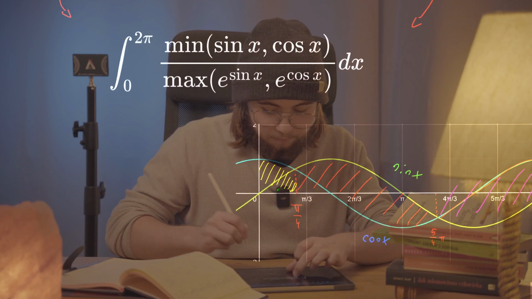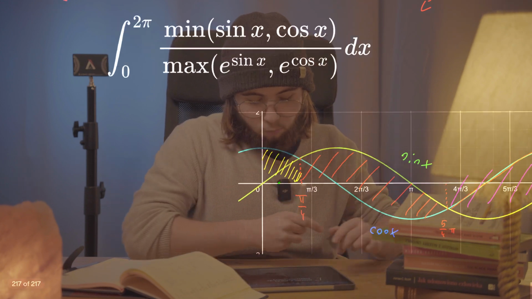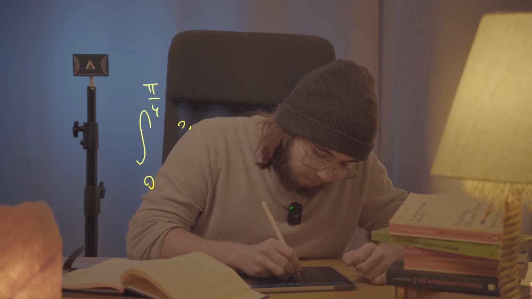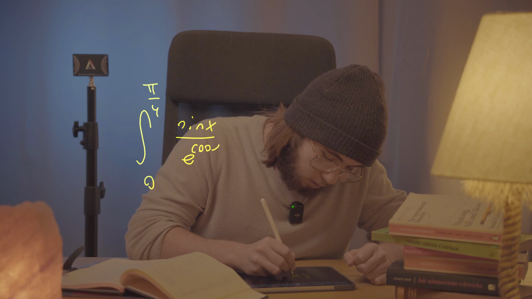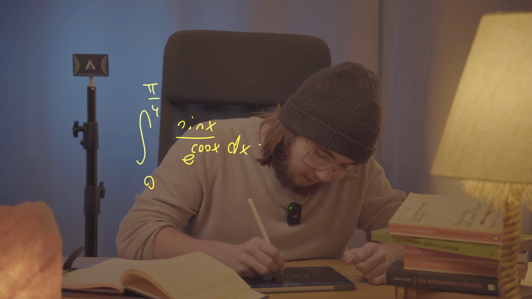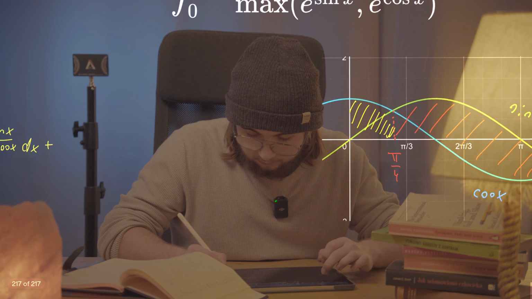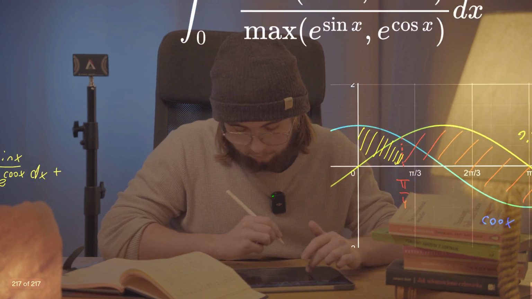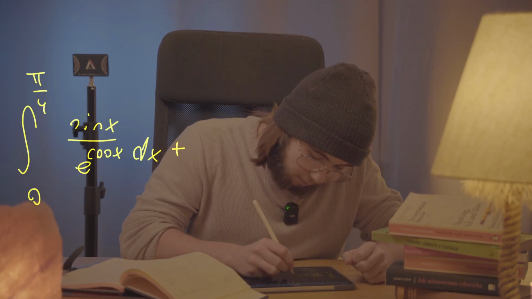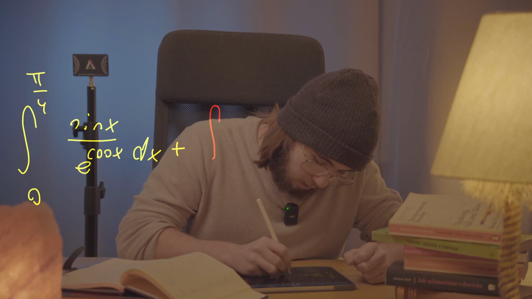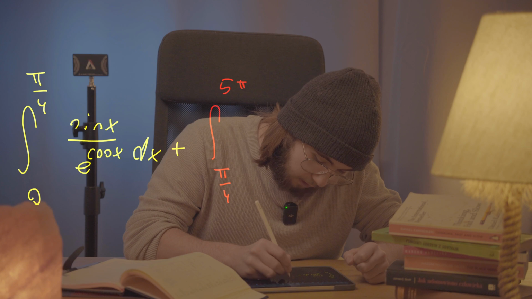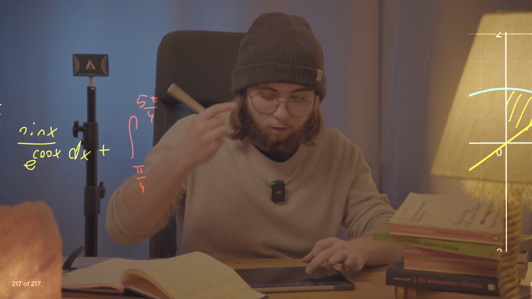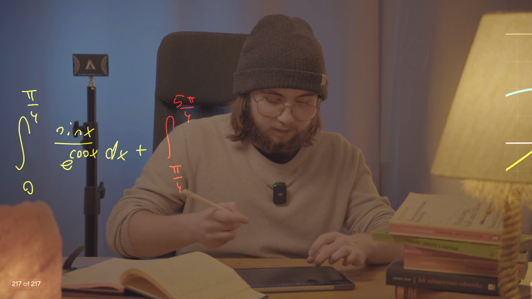On this interval, sine is the smaller one, and so we will get the integral of sine of x divided by e to the cosine of x dx. And now we add the second integral between pi over 4 and 5 pi over 4, of, now the cosine is the smaller one, and so we will get